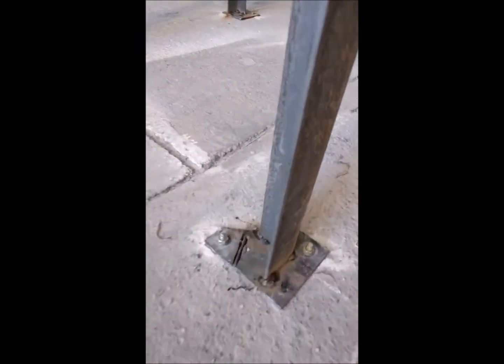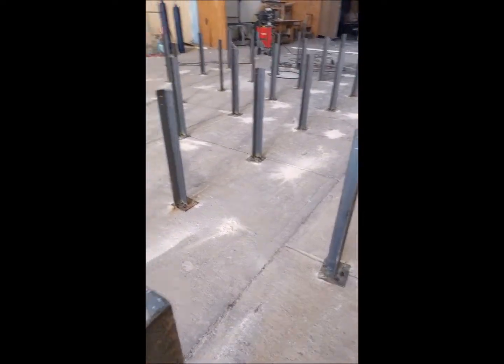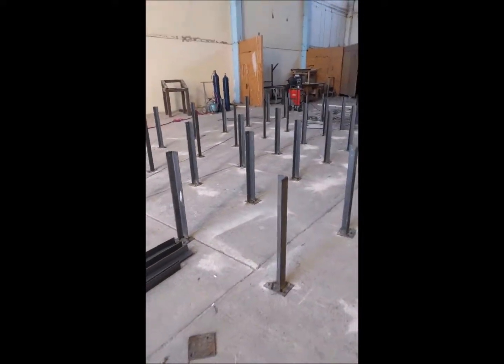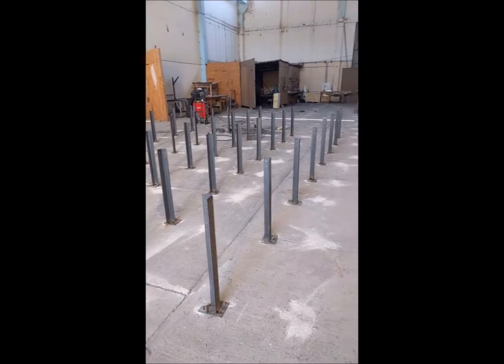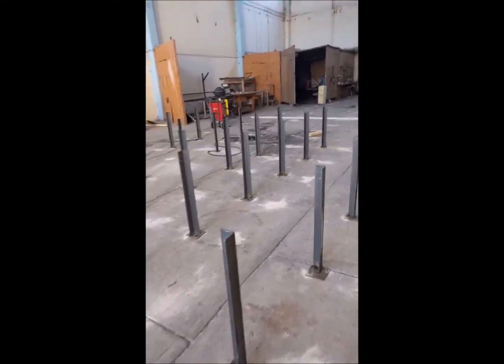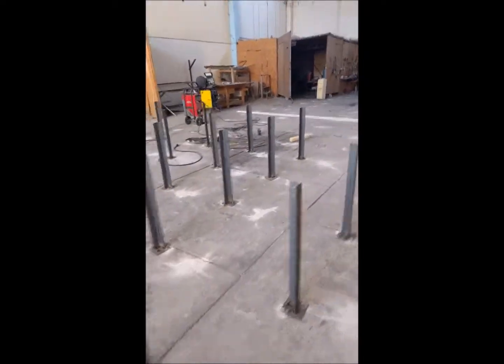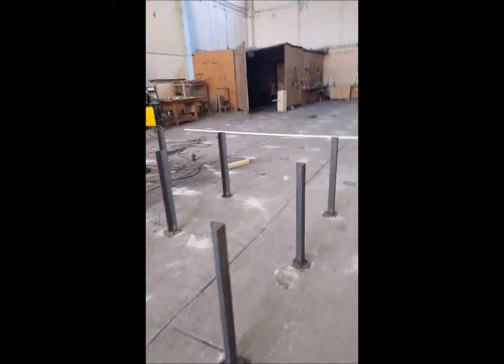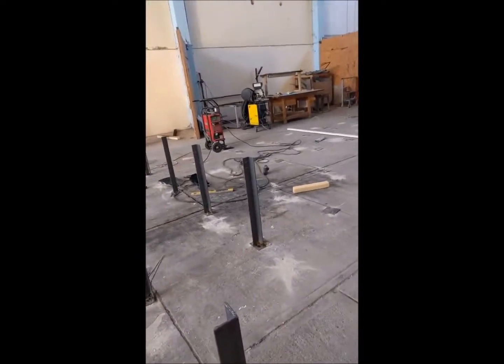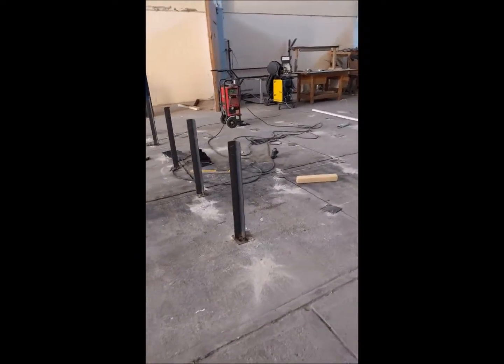getting threaded into the concrete floor to hold them nice and solid, so that these things, they'll get much more solid, of course, when they've got the ties across the top of them. And what's going to sit on top of all of those legs is the aluminum jig we talked about a bit yesterday, which is the apparatus that's going to make sure all of the pieces of aluminum, the frames in particular, are in exactly the right spot, and lined up and ready to accept the stringers that'll go